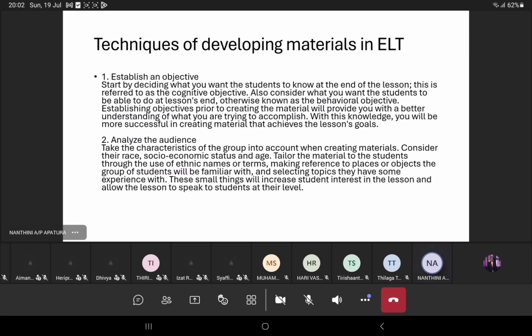So your choice of topics should be relevant with your students. That's why we need to analyze the audience. Your audience is your student. Okay, these small things will increase student interest in the lesson and allow the lesson to speak to students at their levels. Okay,